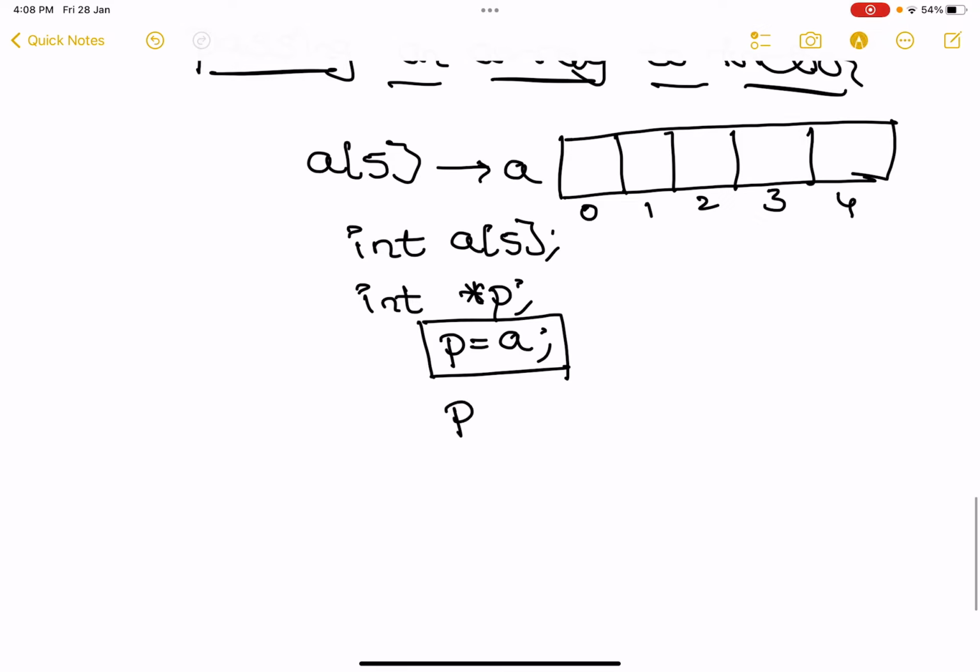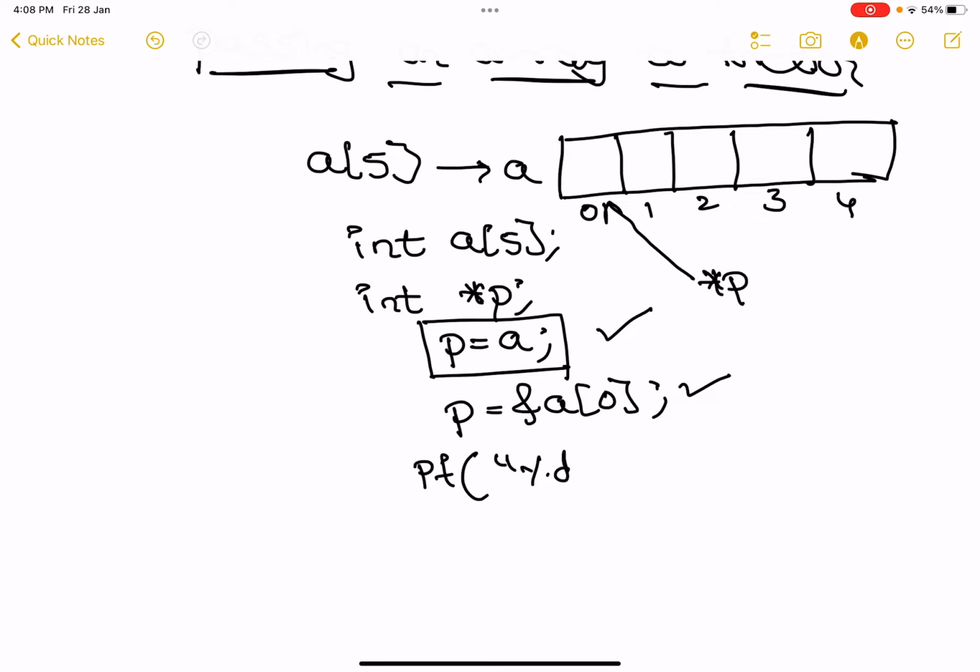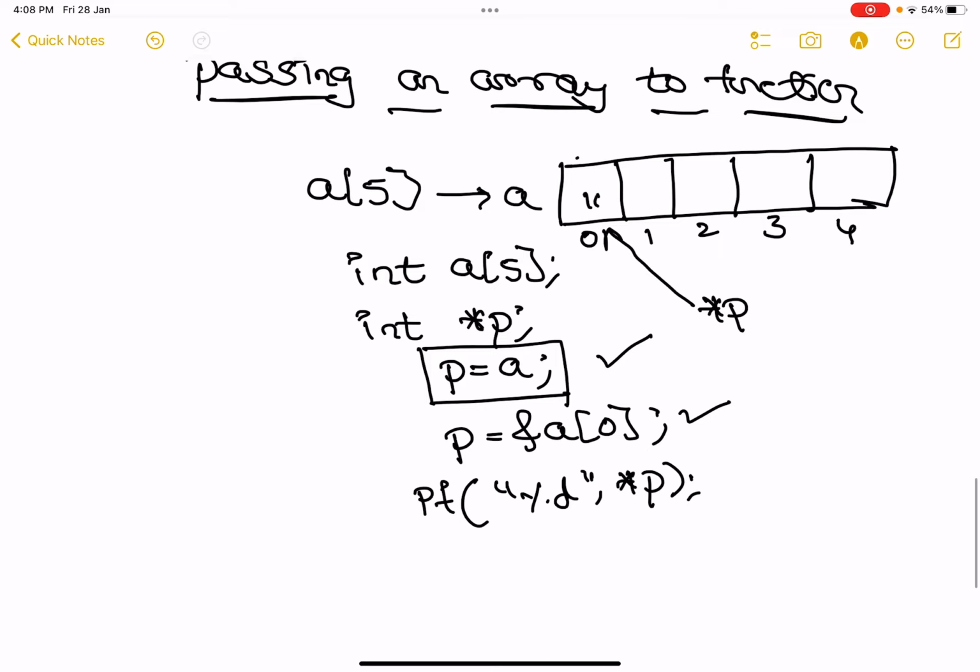And the second type is p is equal to a of 0. You can either use this method or use this method. Using this, the pointer will be assigned to an array, and initially the star p pointer will be pointing here. So if you printf percentage d and star p, you will always get this particular number, 10, 20, 30, 40, 50 being the content